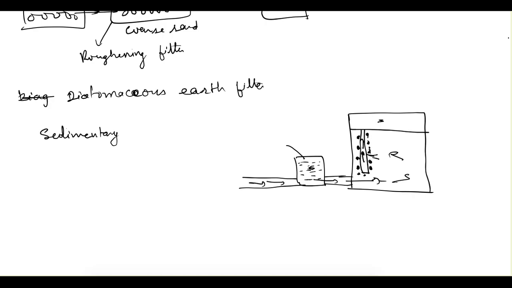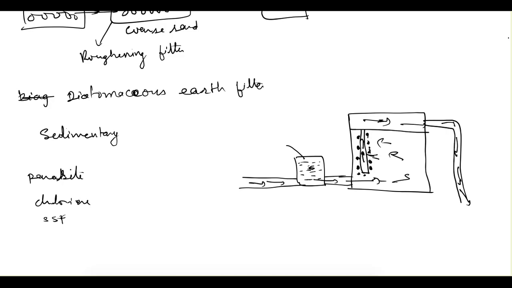Initially the water received from this filter, before the screen has been prepared completely, is not used. When one layer of diatomaceous earth is formed completely, only then the water coming out of this filter will be used. It is used because some parasites are not killed completely by chlorine, or even by the slow sand filter. Because of these reasons we use the diatomaceous earth filter. So this is about all the different filters. Thank you.